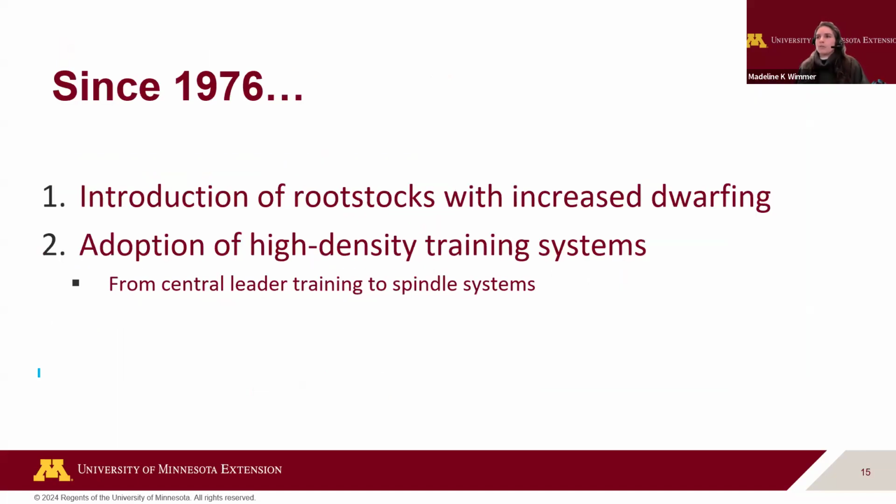So since that book was written, we've had a lot of rootstocks introduced that are even more dwarfing and leading to even more high density systems than what was described in that publication. So today we have high density systems that are more a hedge of apple trees trained on an actual trellis system. And we'll touch briefly on that today, but again, the focus is really going to be on the central leader